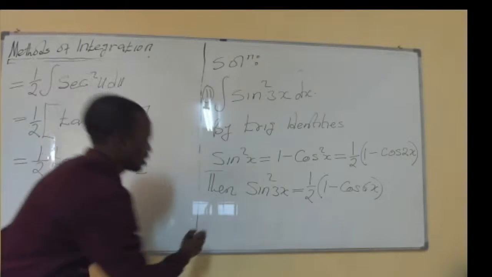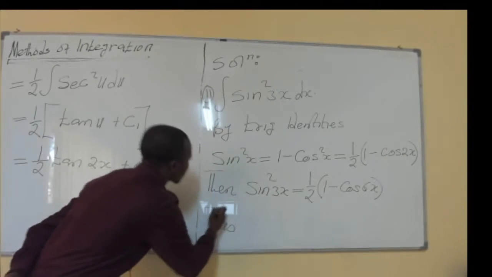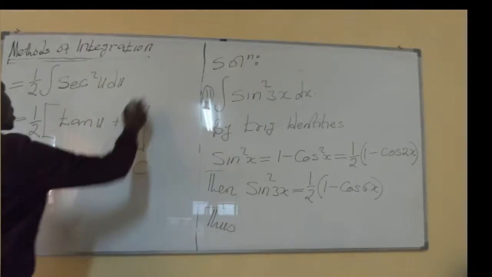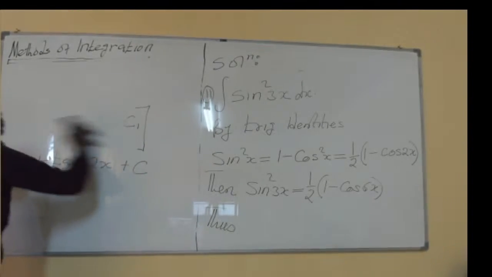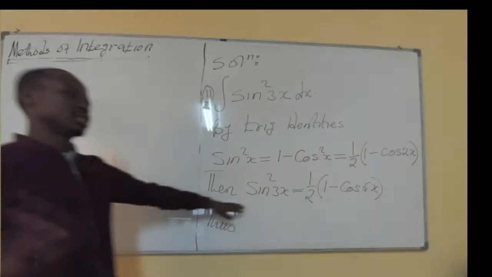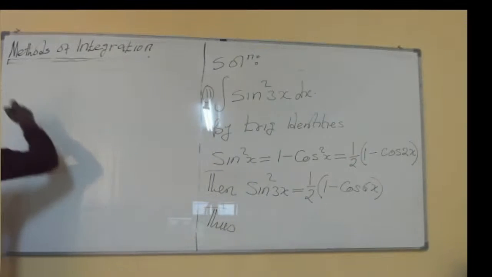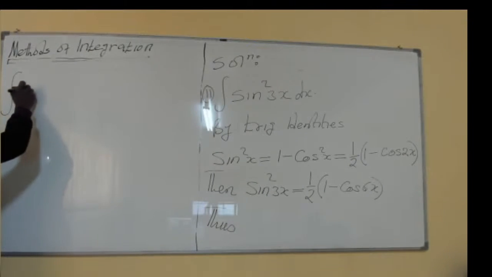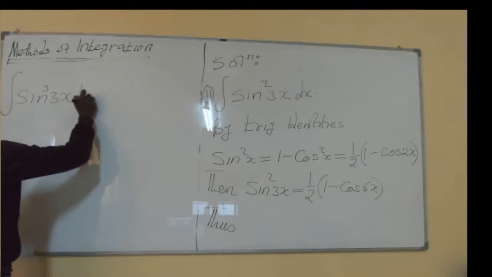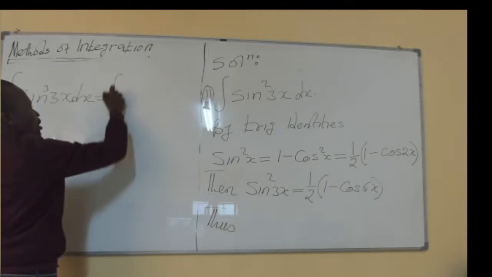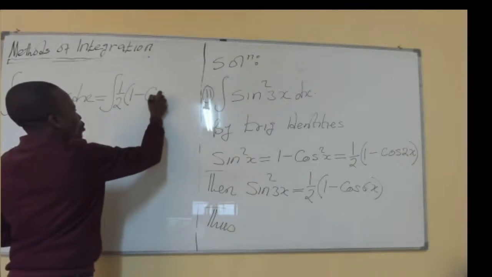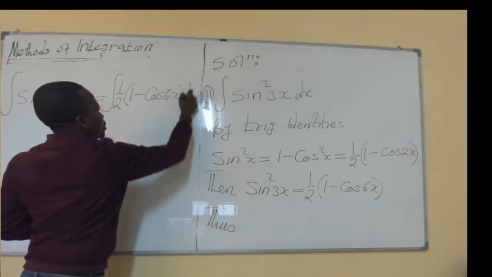If this is the case, then that is other trigonometric identities. This one, please, you can go back to trigonometry if you want to verify. That's the integral of sine squared of 3x with respect to x. This is the same as the integral of half multiplied by 1 minus the cosine of 6x with respect to x,